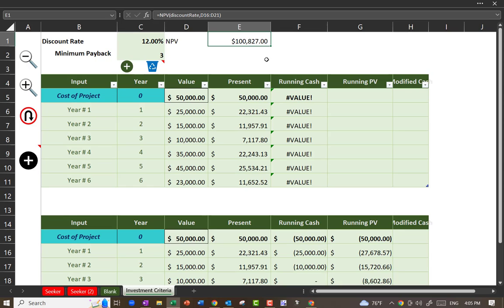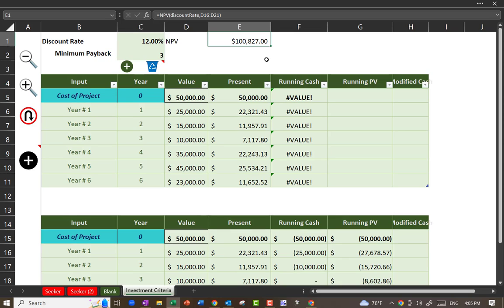When do you accept a project if you're using the NPV rule? Well, what's present value? Net present value. That should tell you something. If it's positive, if it's greater than zero, okay? But,